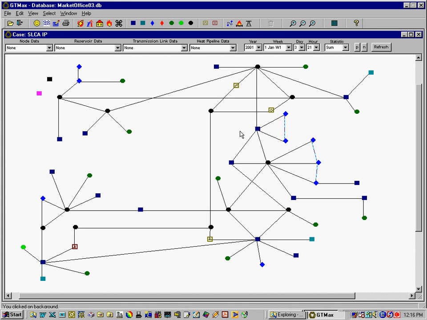GTMax is very versatile in that you start with an empty workspace and build a power system topology of nodes and links. Using GTMax's user-friendly interface, building networks of regional, national, or multinational scope is as easy as drag and drop. GTMax uses a network consisting of a set of nodes and links to represent power systems. Nodes in the system represent various supply and demand options, such as combined heat and power,